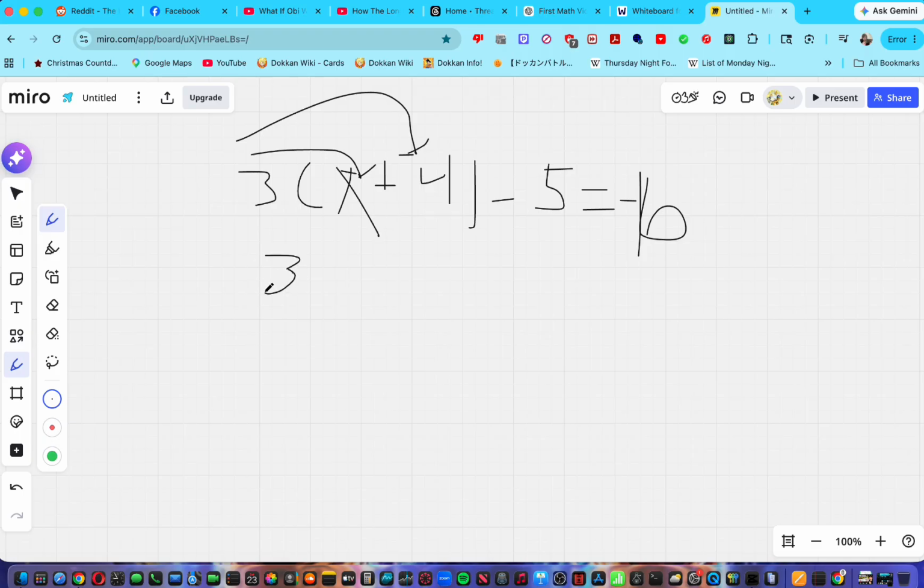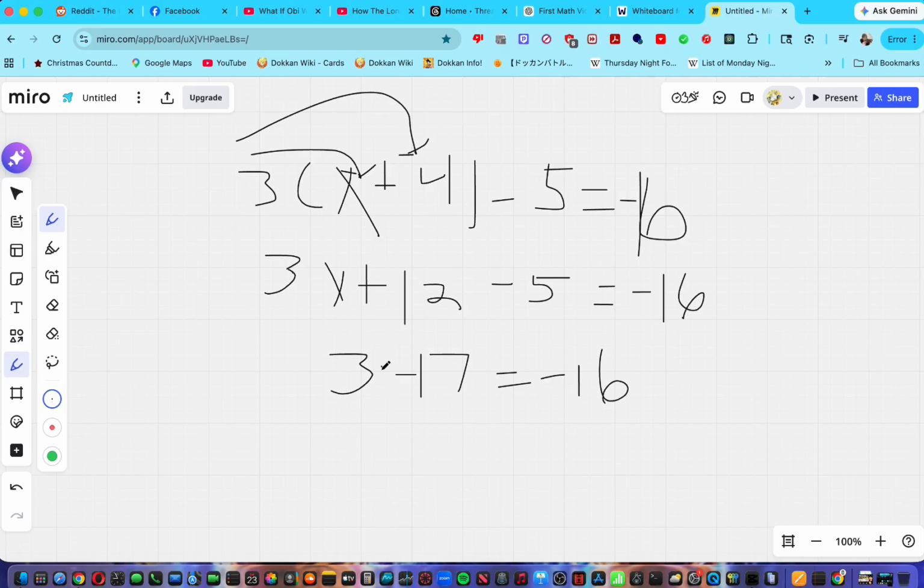So, for example, you can solve the problem exactly the same. Minus 5 equals negative 16. That's still 7 equals negative 16